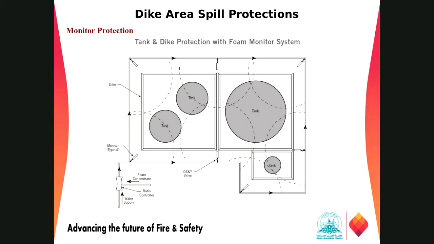So here we have tank monitors, right? We have monitors connected at this location, one at this one, and this is the one. This is the water supply to the monitors line. This is our foam concentrate devices, the proportioning devices. This is our line coming from the foam system, from the bladder tanks, mixing together and going all the way to this piping. So in the case of a fire, we can fight the fire with this foam solution.